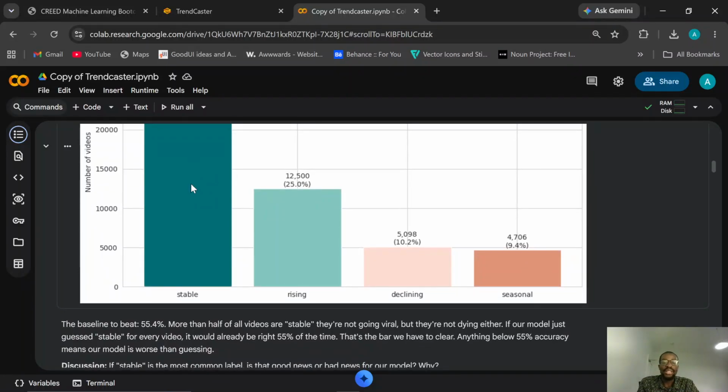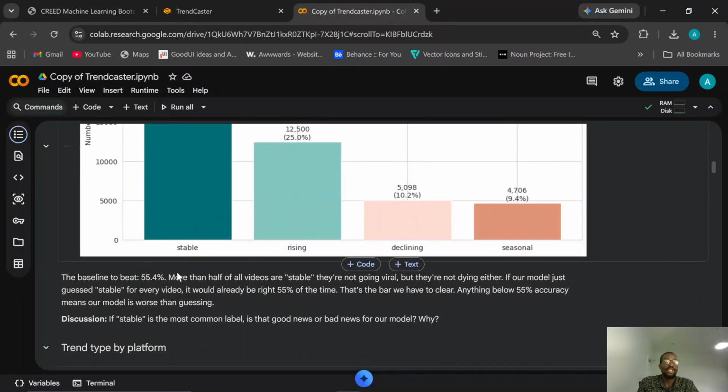That's why we picked it as the baseline to beat: more than half of our videos are stable. They are not going viral and they are not dying. So if our model just flipped a coin, it would already be right 55% of the time. So if we need to pick a model, it has to be more than 55%.